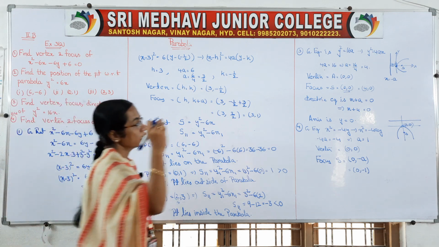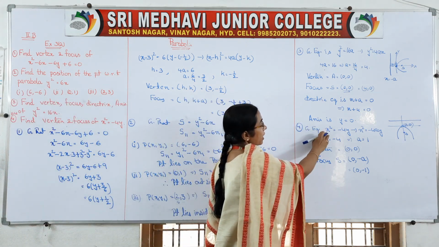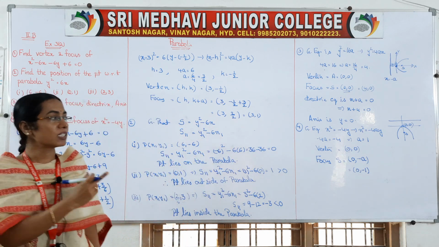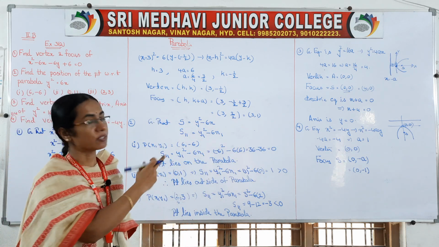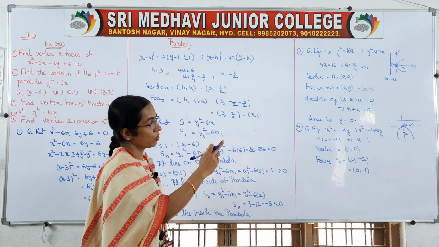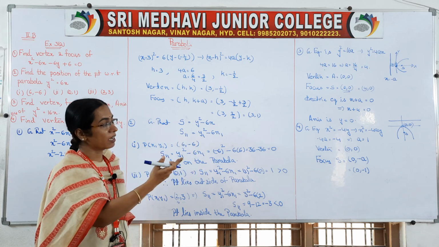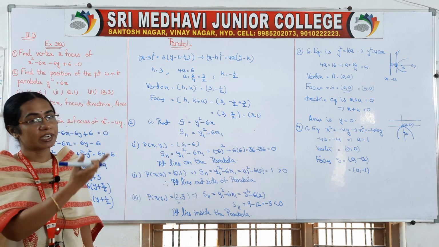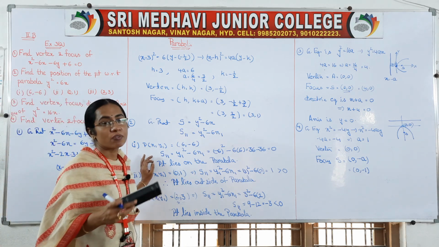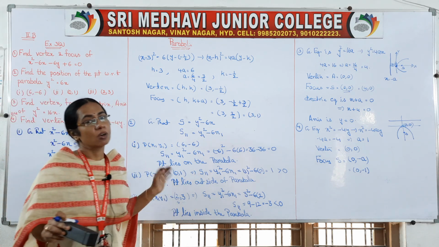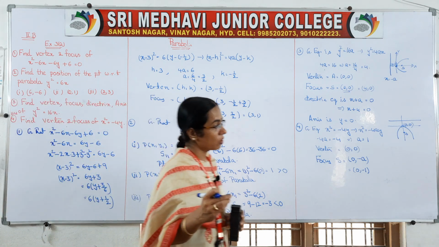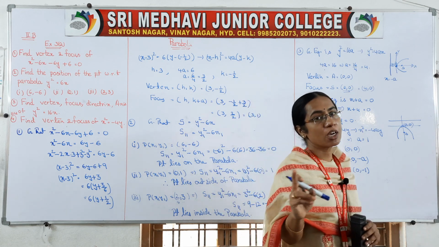Okay, and the fourth question, the parabola equation is given as x square is equal to minus 4y, right? That one was the first case, this one is the fourth case. So it is of the form x square is equal to minus 4ay. With that you will get your a value, and once we get the a value, we can write the vertex and focus. Okay, so with this we will finish our parabola. From this topic you are going to get one long question and one 2 marks question.